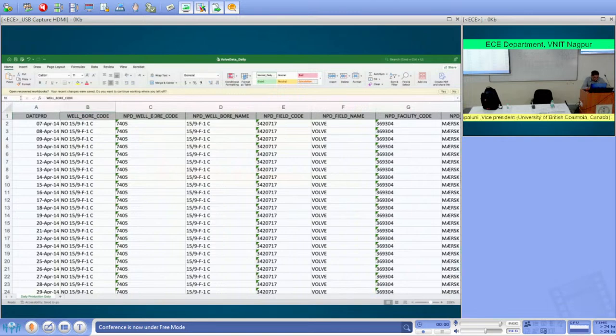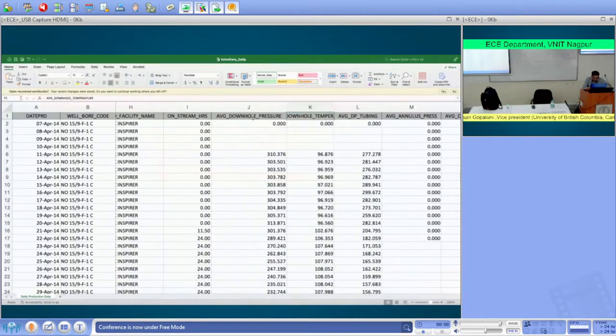NPD, some other code, the different types of codes are here, and then stream hours, average downhole pressure, downhole temperature. Unless we see the actual drill wells, it's difficult to correlate these measurements with what's happening in